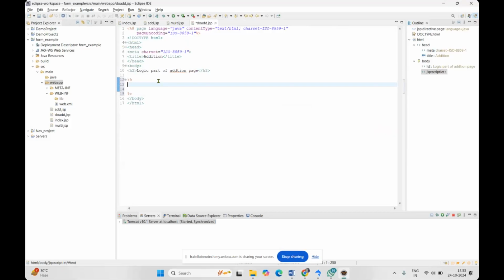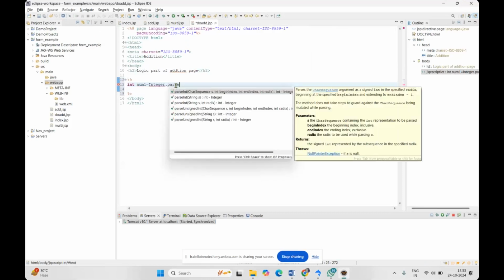So we need to convert that string into an integer by using Integer.parseInt, parsing the string into integer values. For that, I'm taking one integer num1 equals Integer.parseInt of